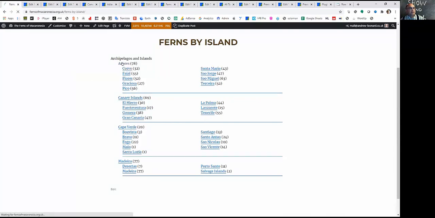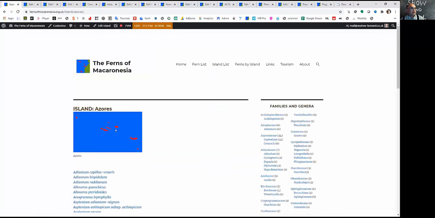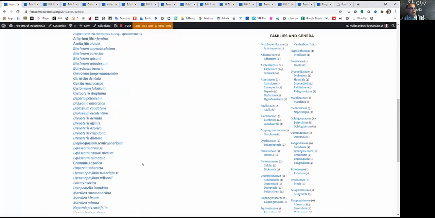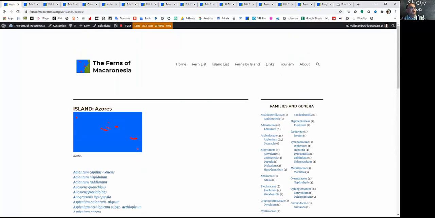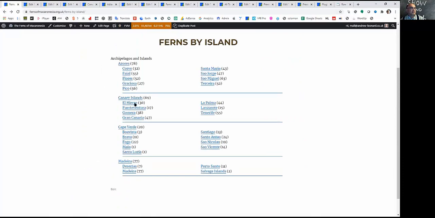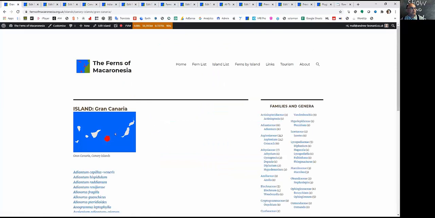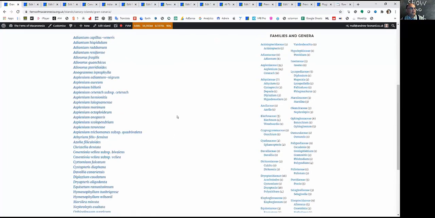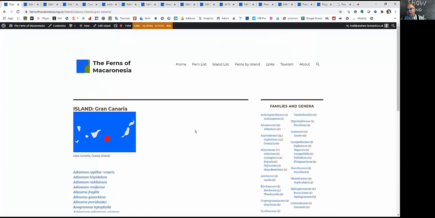So I can click on the Azores, and it will say, here's the Azores, and here are all the ferns you see on the Azores. And if we went to an island, Gran Canaria, 47 ferns, here's Gran Canaria, and these are the ferns. This is done by setting up a category called islands, and then we had another plugin so that we could default a lot of the data